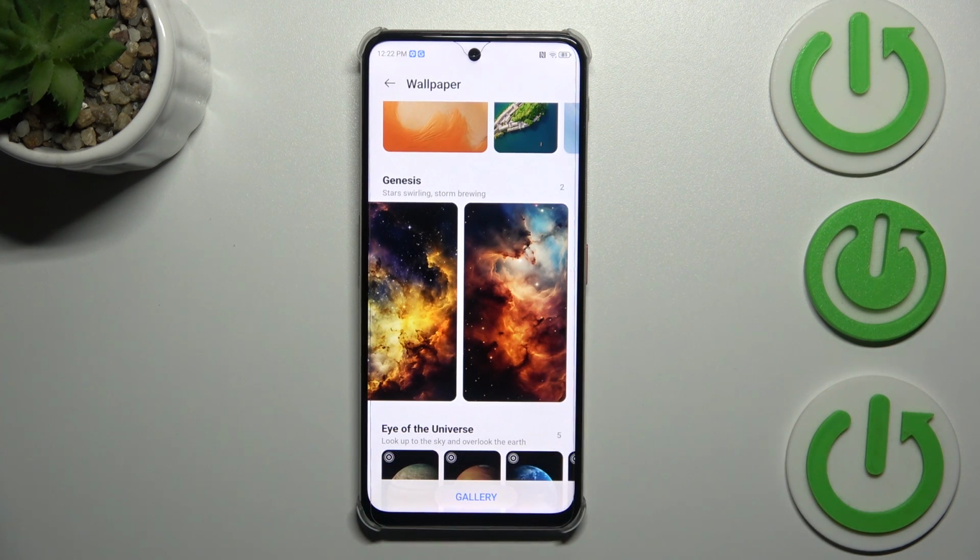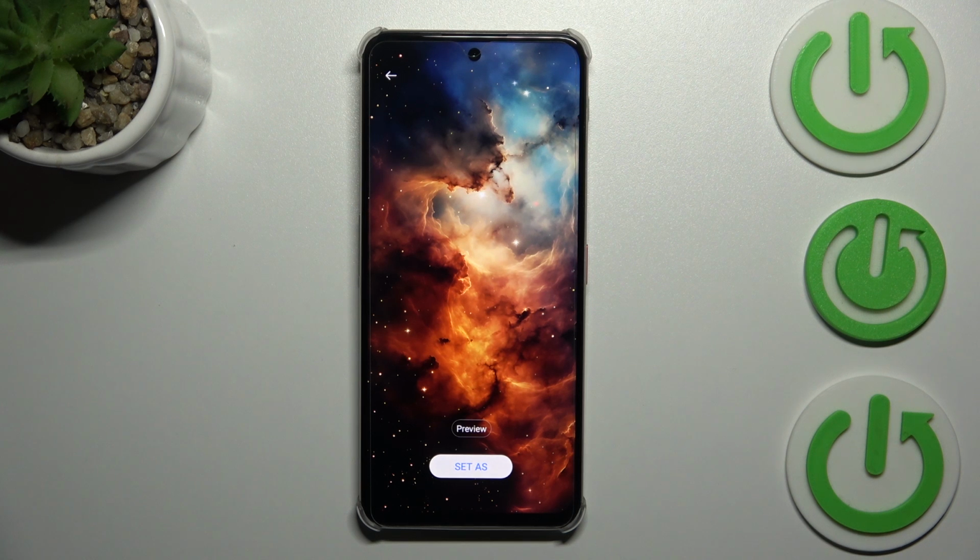So in order to check the preview of the wallpaper, we have to simply tap on it, and as you can see, it will immediately appear on the full screen. You can tap on preview and you will find out how it looks like on the lock screen